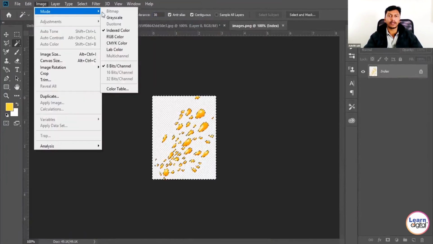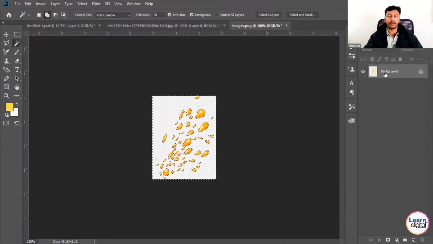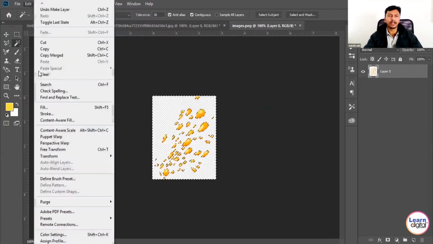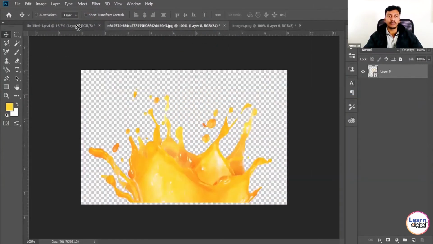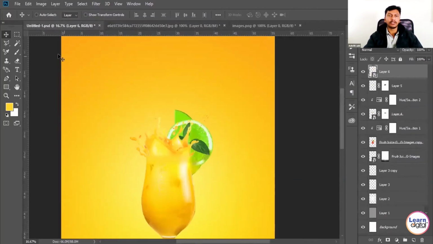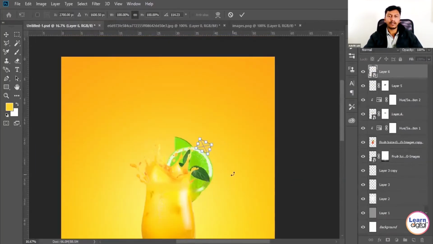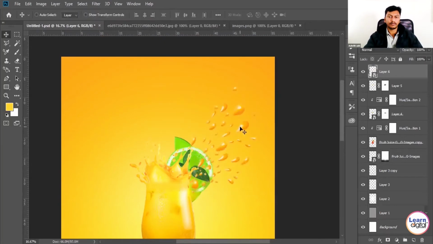Now again I'm taking a splash, like a water droplet kind of thing. Select the area, then just drag and drop as we did for the previous effect or previous image, and place it properly. Here I'm just rescaling.